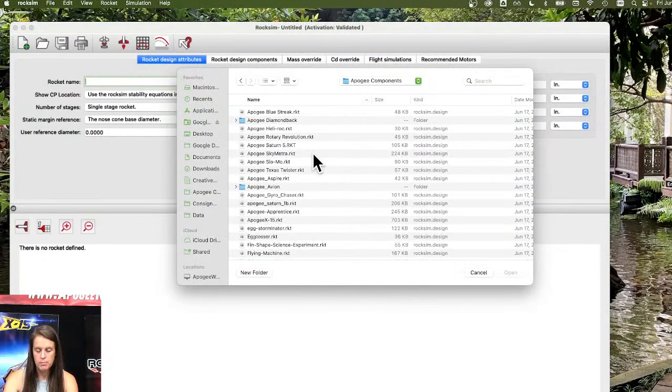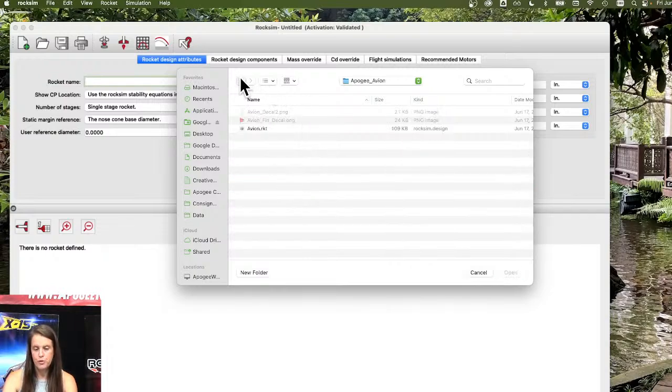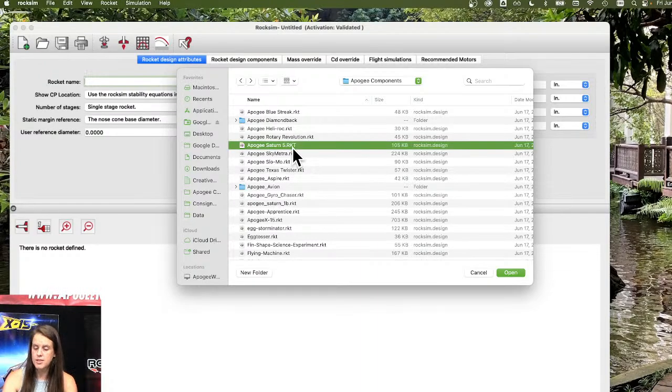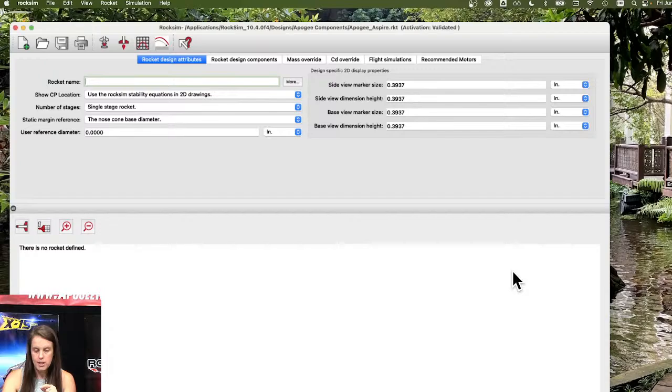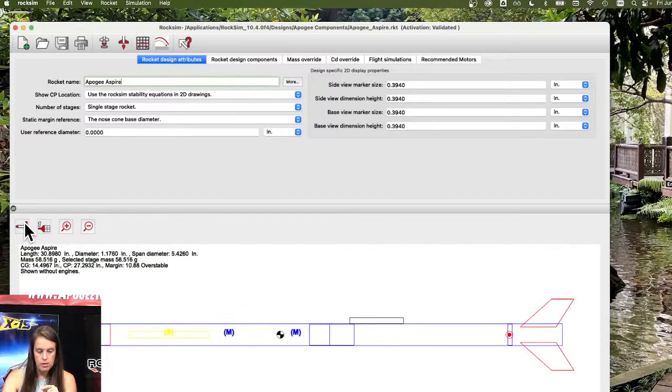So I'm going to Apogee Components, and then the Apogee Avion, and this one's in a folder. So some of them are in folders and some of them are not. And the reason for that is you can actually add your decals to a rocket in RockSim. So if I pull up, well, we'll just pull up the Aspire, and then we look at it in 3D,